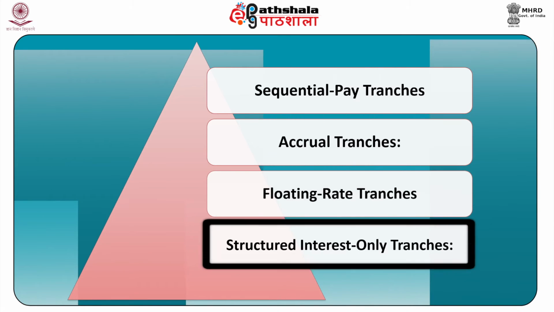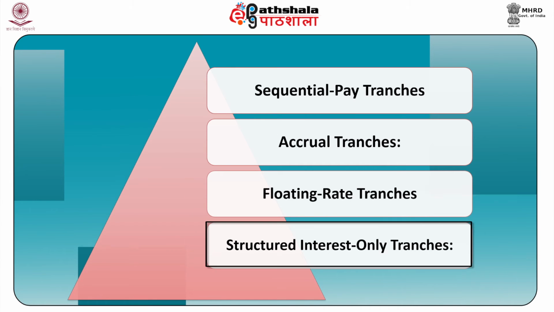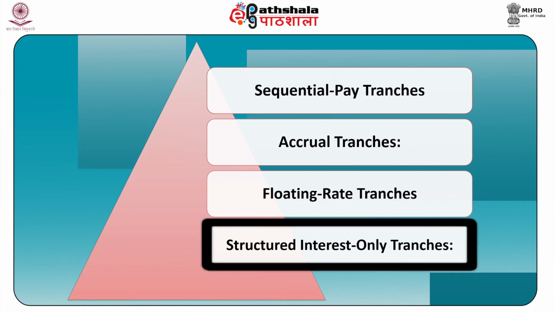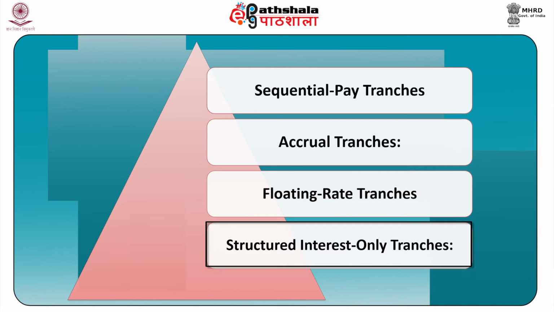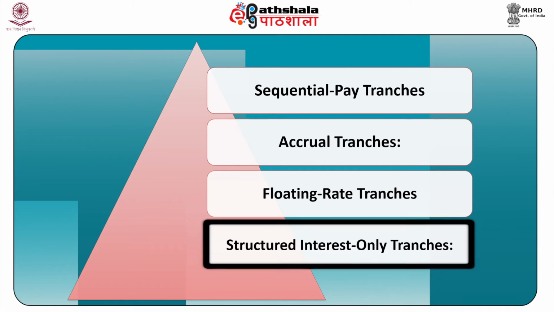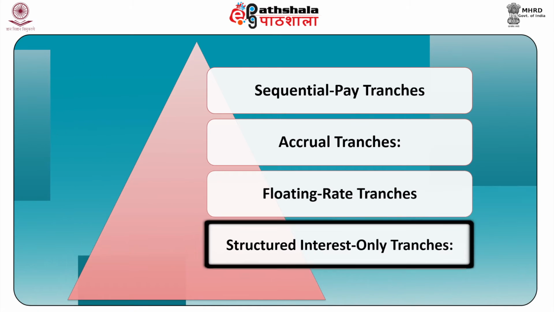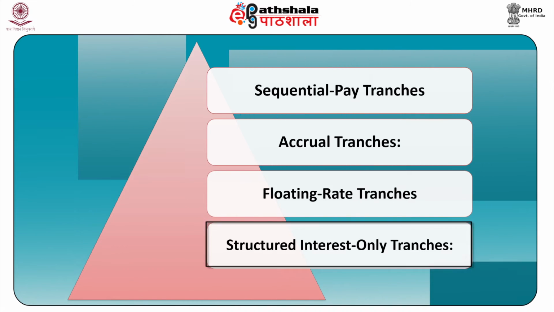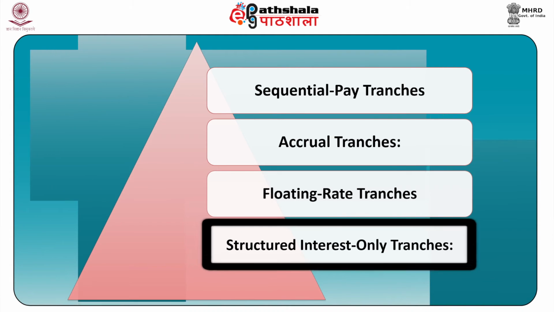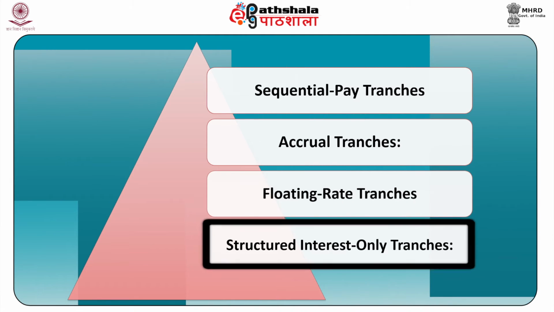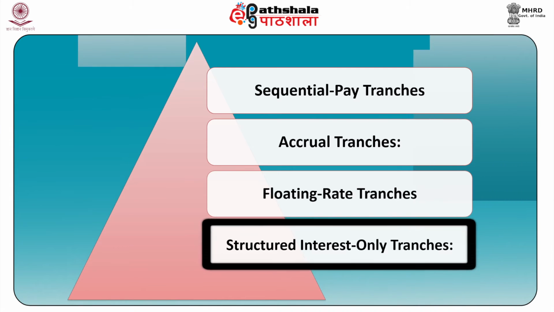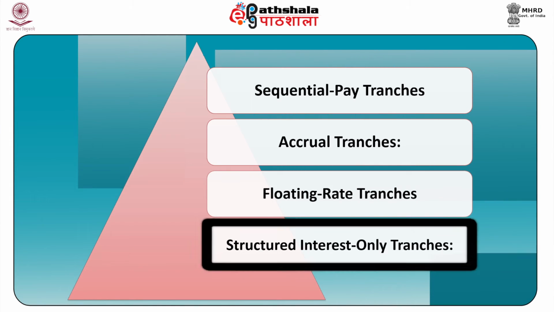In this type of CMO structure, a specific tranche is created on which only interest is paid. They are known as structured IOs. In order to create structured IOs, the coupon rate of all the tranches is set below the mortgage coupon rate. The excess interest received on mortgages after meeting coupons on all the other tranches is used to pay the interest